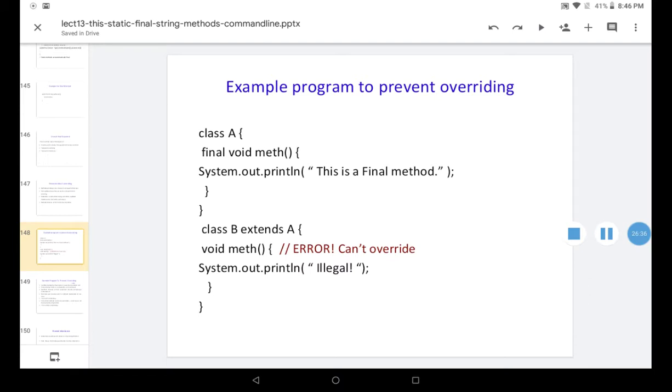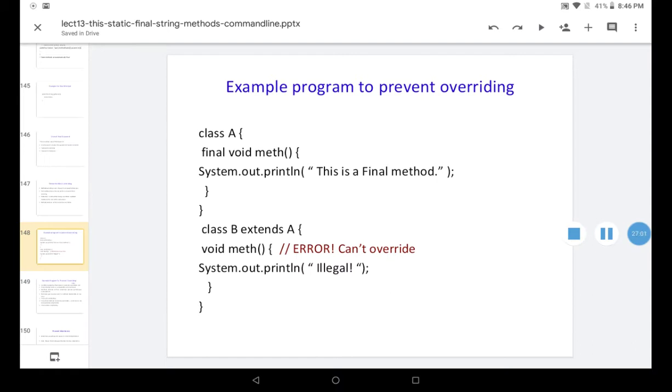Let's see how to prevent overriding. Example: class A has a final method meth, which returns nothing and prints "This is a final method." In the subclass, class B extends A, there is a void method meth printing "Illegal".